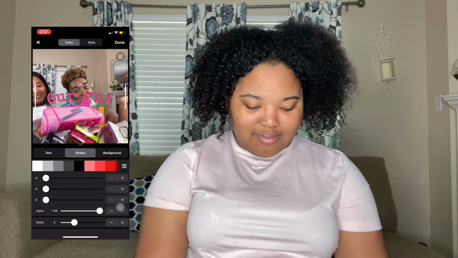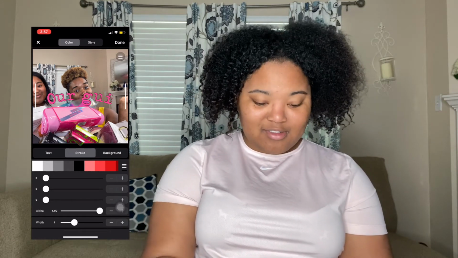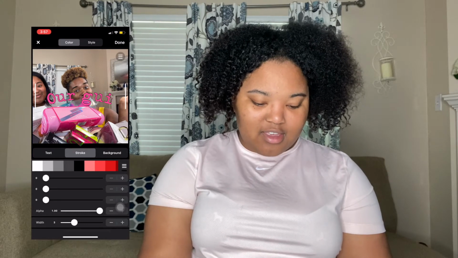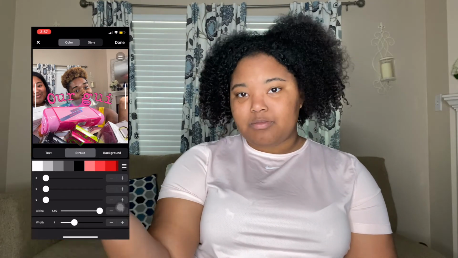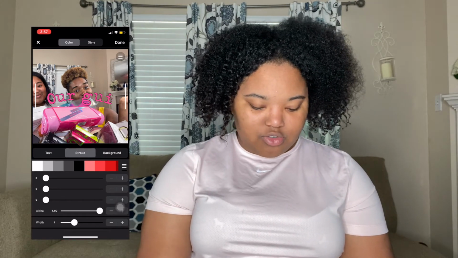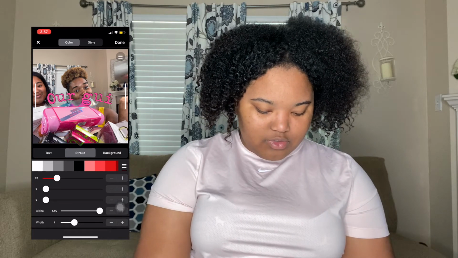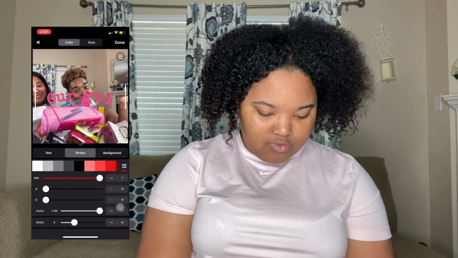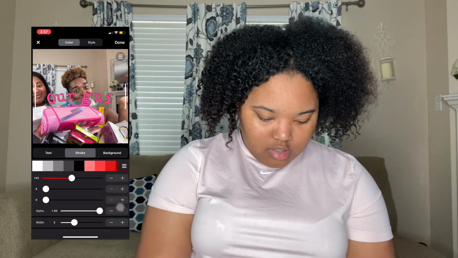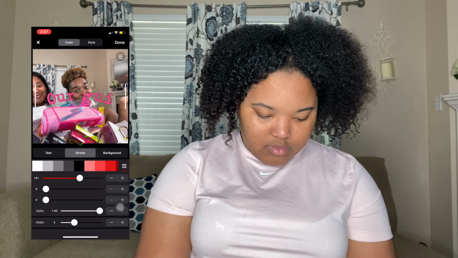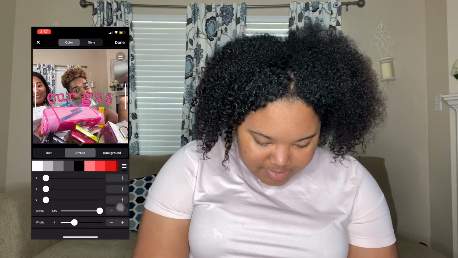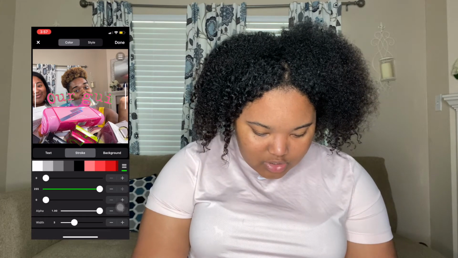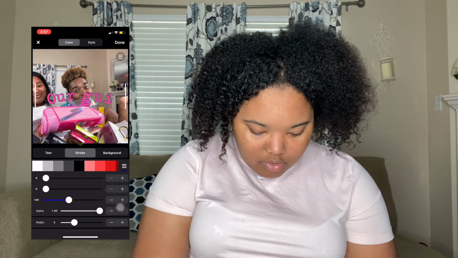Okay, it's been a minute since I used this. So to make the border of the words bigger, you just have to go to stroke, and then you can just move this line, you can just play around with it to see what you're trying to do. I want a big border around mine,